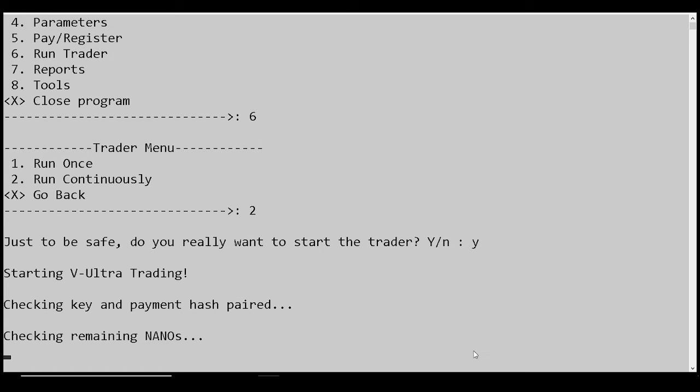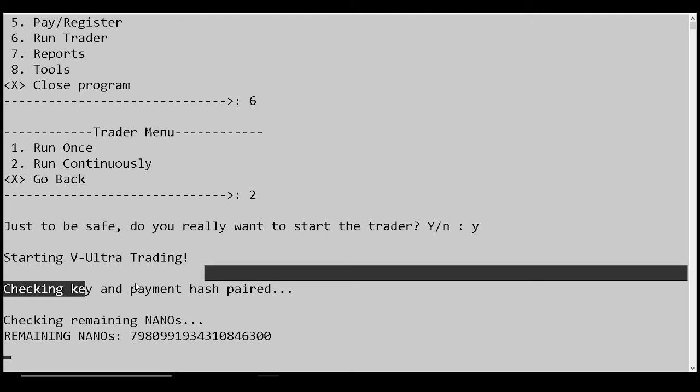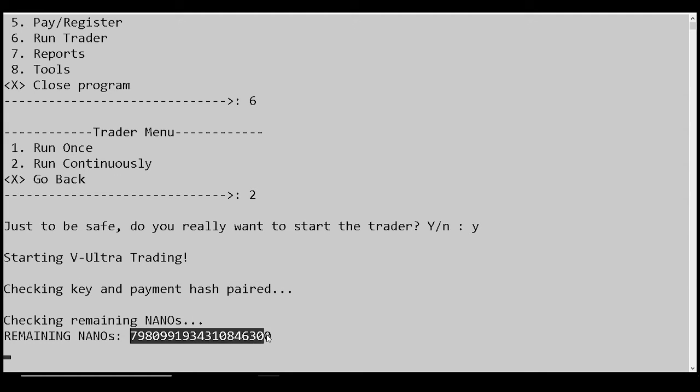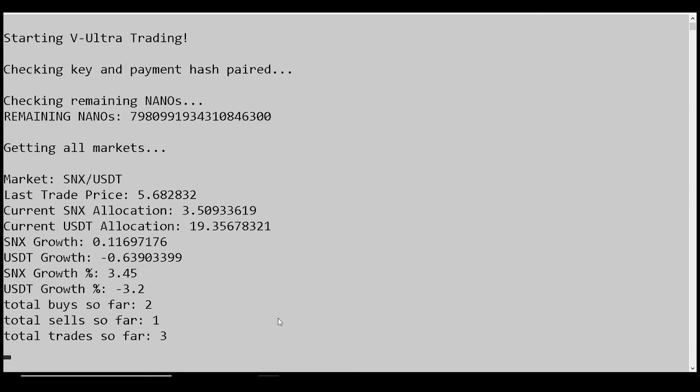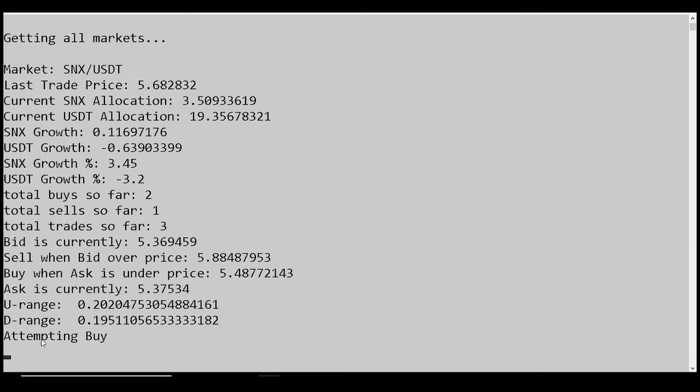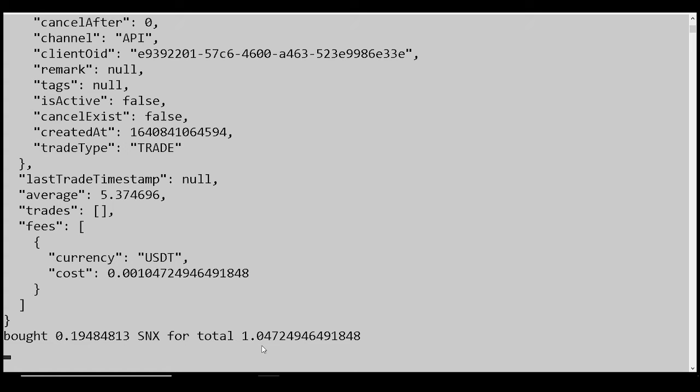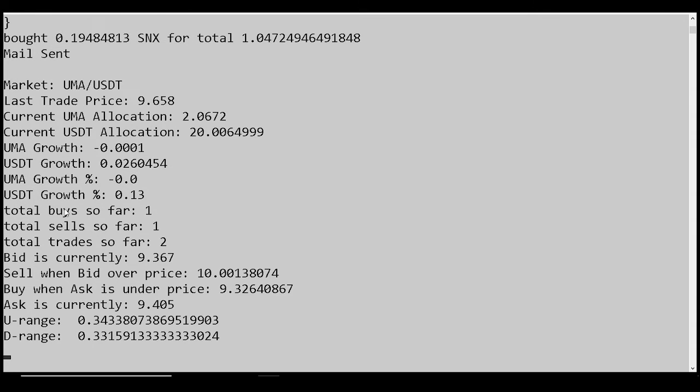First, it checks that the key and payment hash are paired, right? So even if I registered my own bot and paid for nanos. Not really. I actually just took an old payment I paid to myself on that same wallet and uploaded that. I didn't actually create a new payment for this. But anyway, I've got this many nanos left, right? And I'm just going to manually change it in the database so I can keep trading, if that ever runs out. So anyway, here SNX is now attempting to buy,